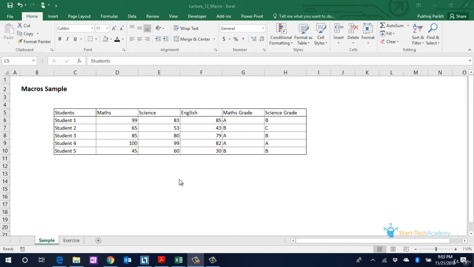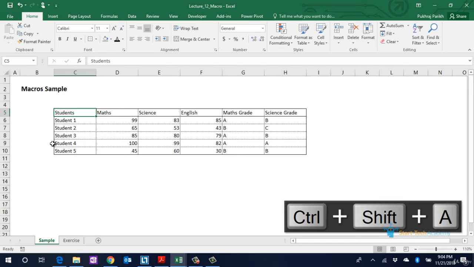So here is some text. If I need to perform these four operations, I will have to individually go to the options in the menu bar and click on those. And for multiple cells, I would have to do it multiple times. But if I execute my saved macro by pressing Ctrl Shift A, all four actions will be done at once.